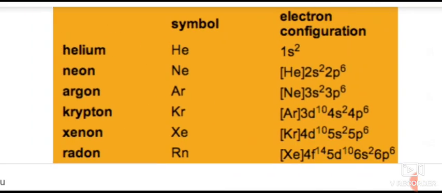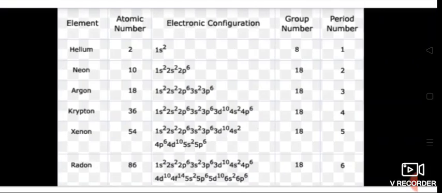Whenever you are practicing, you can write the electronic configuration of a particular element in this way. Look here, argon is Ne 3s2 3p6. What does Ne mean? Argon has the neon configuration, and apart from that it has 8 more electrons, that is 3s2 3p6. The remaining electrons can also be written this way. For example, what is the electronic configuration of potassium? The argon configuration, and afterwards a 4s1 orbital, correct? In this way you can practice all the electronic configurations.